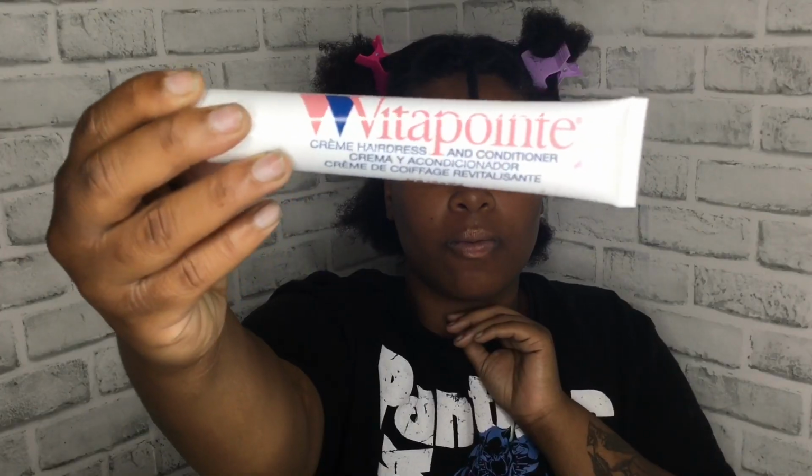Then I am going to take this hairdressing that I got, this random hairdressing from the beauty supply store. It's supposed to condition, add shine, and heat protect and all that good stuff. So I just put that on my section, and then I finger detangled my hair, and then I took my hair dryer and I blow dried each section. I did each section this way, made sure I got it as blow dried as possible or to my desired